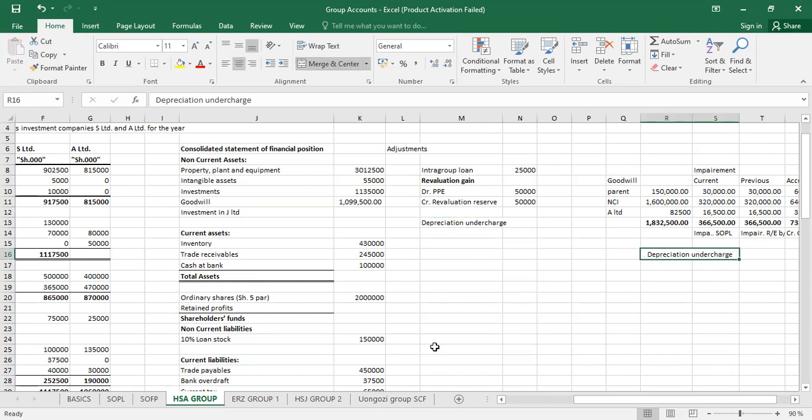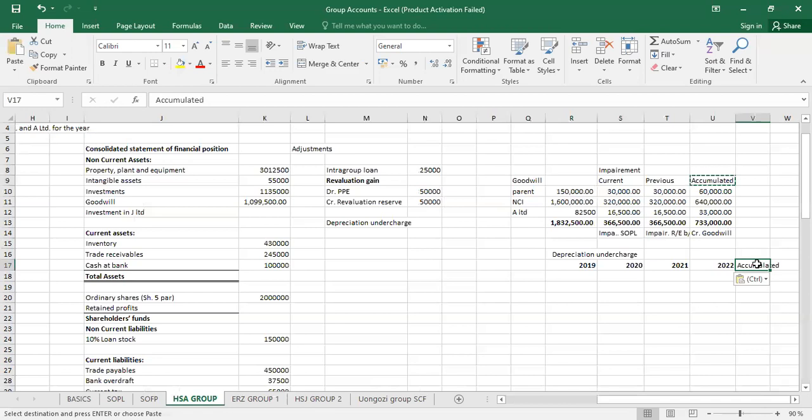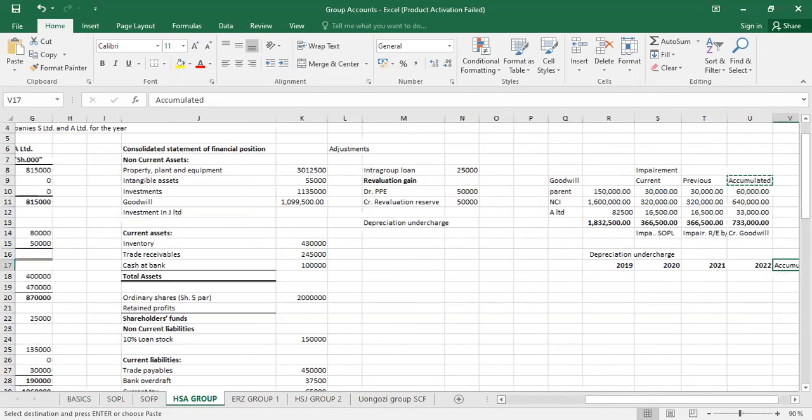Remember the company was revalued when it was acquired in 2019, isn't it? So we are in 2019, tab 2020. Then I select the two and drag up to 2022, where we are, isn't it? Then I'll also have an accumulated depreciation one, so Control C, Control V, isn't it? So remember, you've been told the depreciation was,